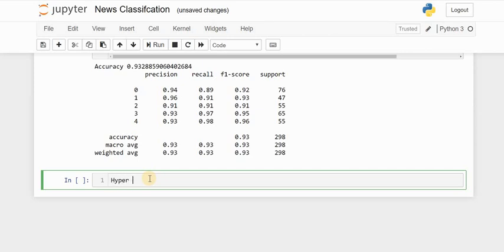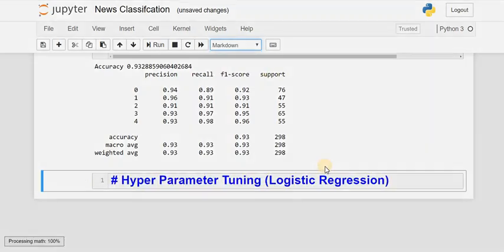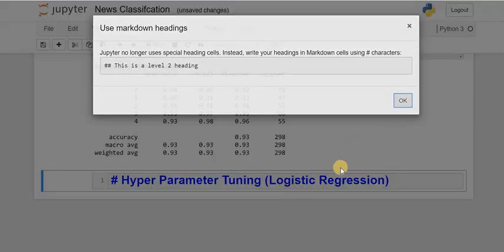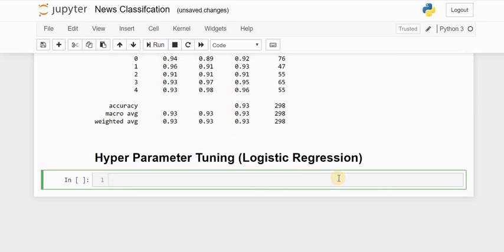In logistic regression we will fine tune hyperparameters like the C and the penalty. So again, I'll be defining the hyperparameters grid.